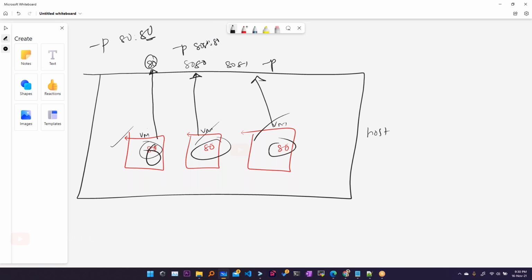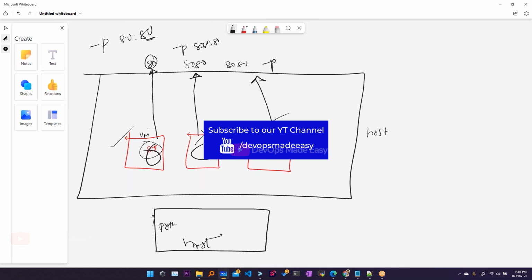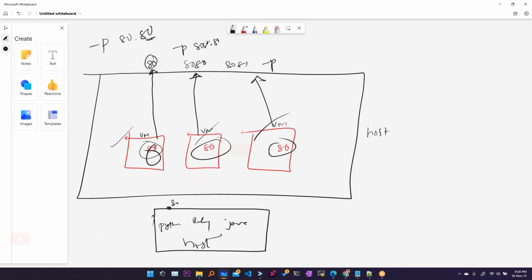Imagine if containers were not there and all the processes had to run on the same host machine. Let's say I have a Python application, Ruby application, and Java application. If the Python application is running on 80, I cannot run the Ruby application on 80, so I use 81. If Java wants to run on 80 or 81, it can't, so I use 82.